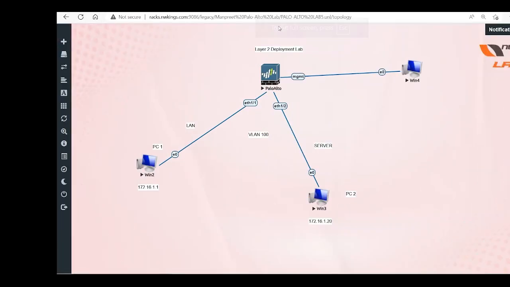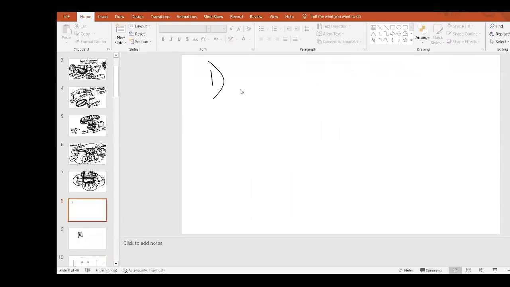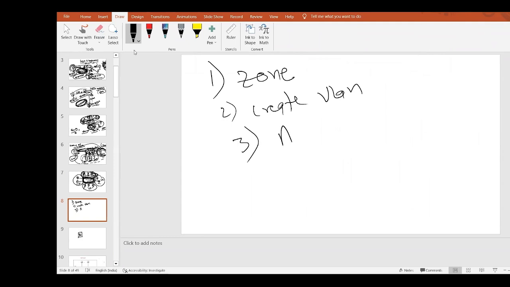For achieving layer 2 in the Palo Alto, what do we have to create? First, we have to create the zone. First, we need to create the zone. Second, we need to create the VLAN. Then third, we need to assign or configure